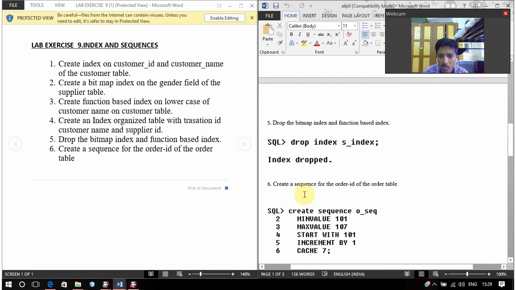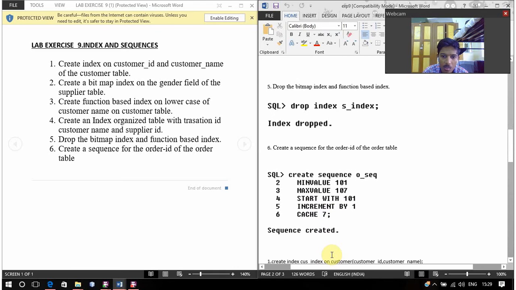For this, to create a sequence, I am writing a query: create sequence o sequence with minimum value 101, maximum value 107, start with 101, increment by 1, and cache 7, and the sequence has been created. In this way, we can create a sequence with order ID by using create sequence,